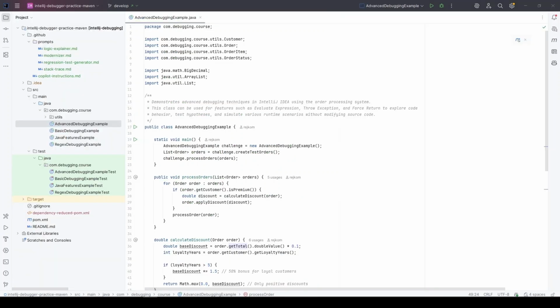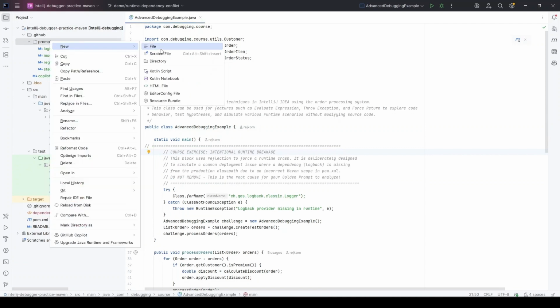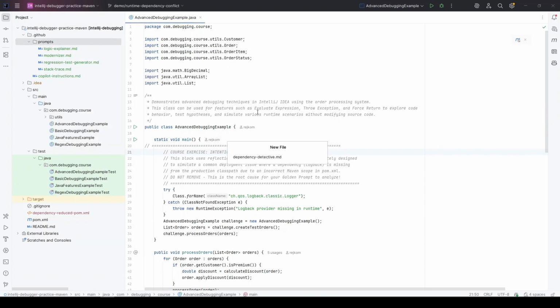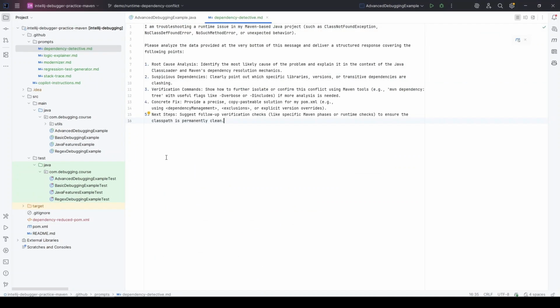Now we can move to our last prompt, the dependency detective. Before defining the prompt, we need to switch to the demo runtime dependency conflict branch. Now we can create a prompt. Dependency detective, empty, and here is the content. Use this prompt when having issues at runtime and you suspect a Maven dependency problem. This may include version conflicts, missing classes, missing methods, class path issues, or a dependency that works at compile time